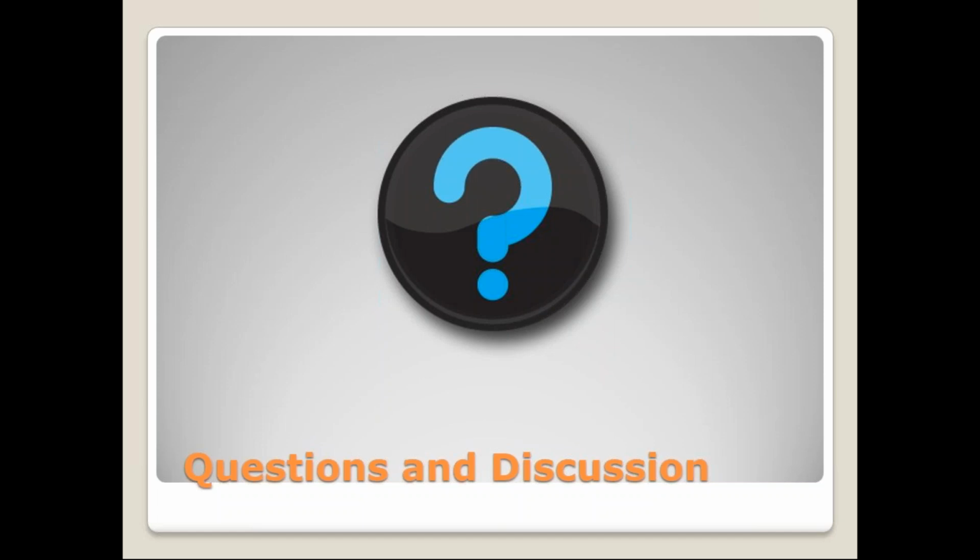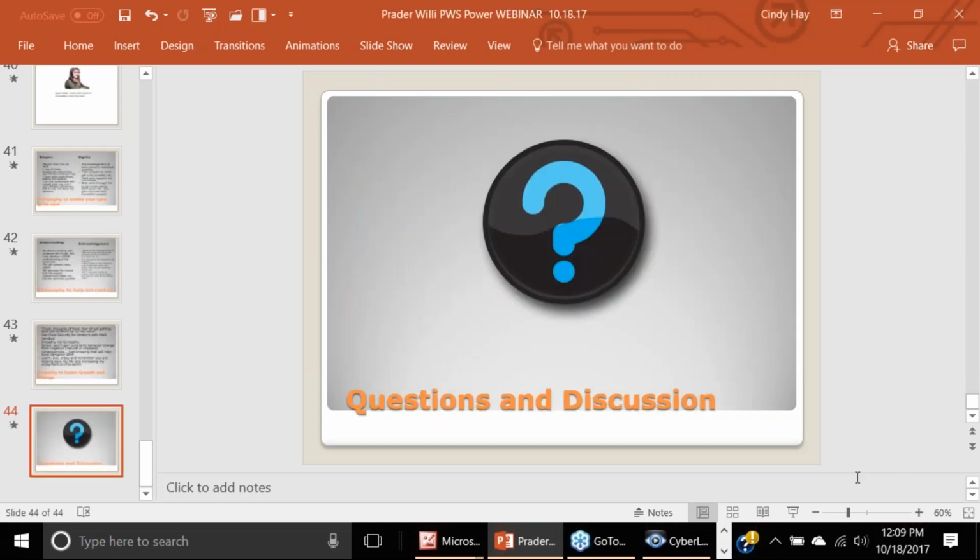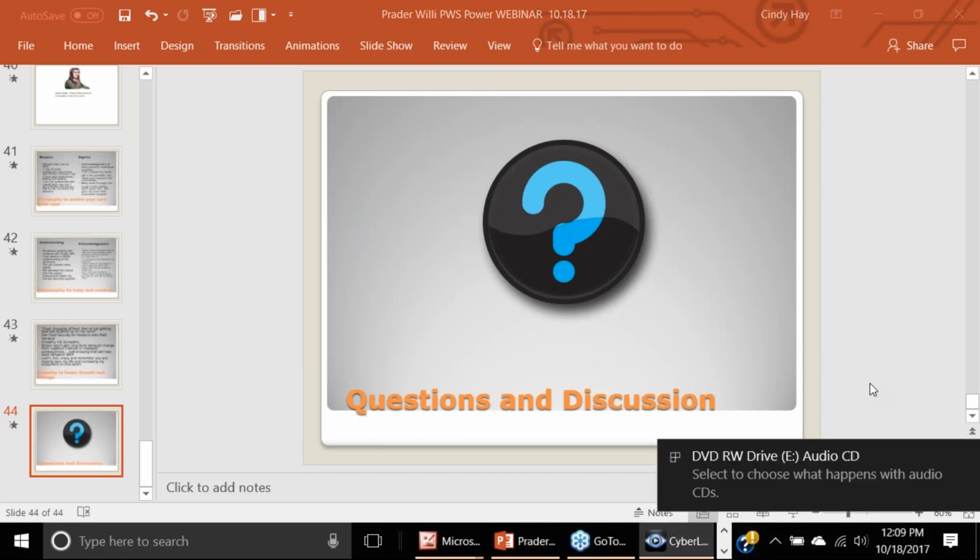Somebody says, "Can we see the rap song?" You know what? I'm going to try and play it again. I tried to play it earlier when I was getting coffee. Okay, I will be happy to play it. We'll try to play it again, and if we can't get it, we'll close up. It is funny as heck, though. Once I found it and played it for the gang down at the house, they said, "Oh, we want to learn it," and they learned it and started dancing with it. It was kind of cool. While you're looking for it, somebody else says this was excellent and should be a requirement of any agency serving PWS.